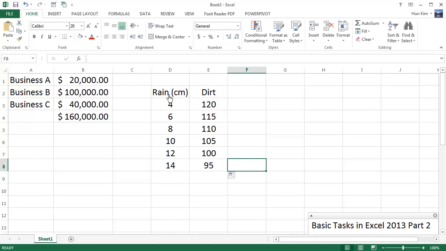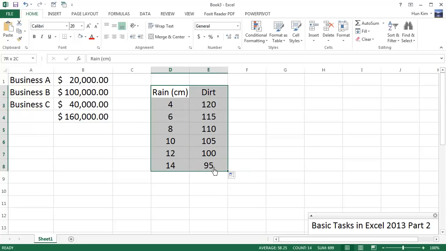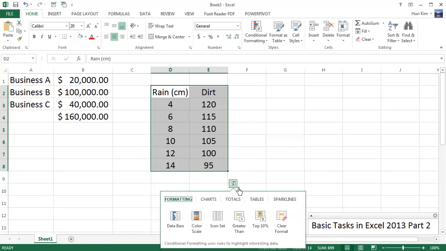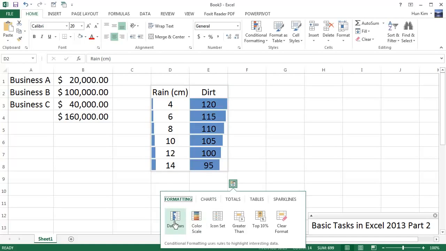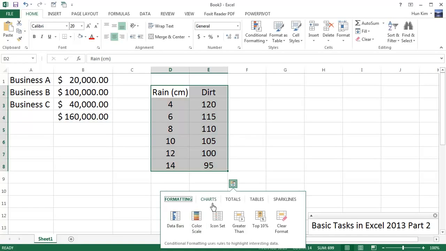Okay, so now for one of Excel 2013's new features, I'm going to highlight this information. You can see this nice colorful box in the bottom right corner. It's called the Quick Analysis tool. Click on it. And this is just another way of doing things. You can see that they have the formatting where you can just change, use data bars and use color scales. But what we're going to do here is